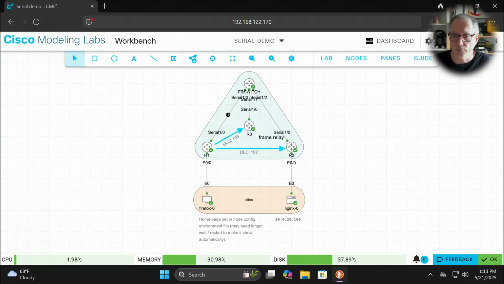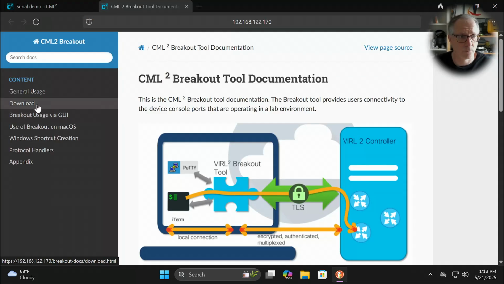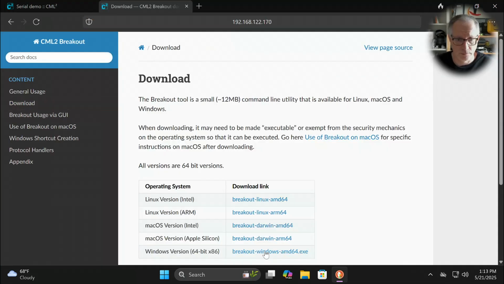All right, so I have a lab here running on my laptop. This is actually in a virtual machine, and what you're seeing here is a Windows virtual machine that I use to demonstrate the use of the breakout tool. So the lab is running over here. I'm going to the tools section, download the breakout tool for Windows,